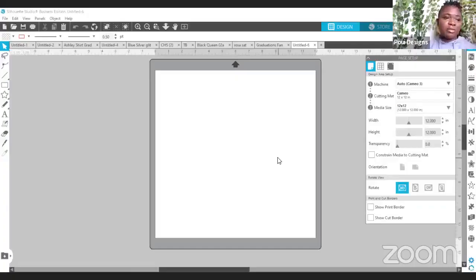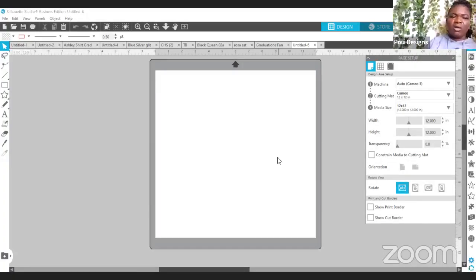But today I'm going to show you how to use the DXF file, especially if it's not a very complicated file. Let's do that today. So I'm going to share my screen with you and we're going to talk about it. Okay. Let me share my screen. I'm in here. Yep. I'm in Silhouette Studio. I have the business edition, but